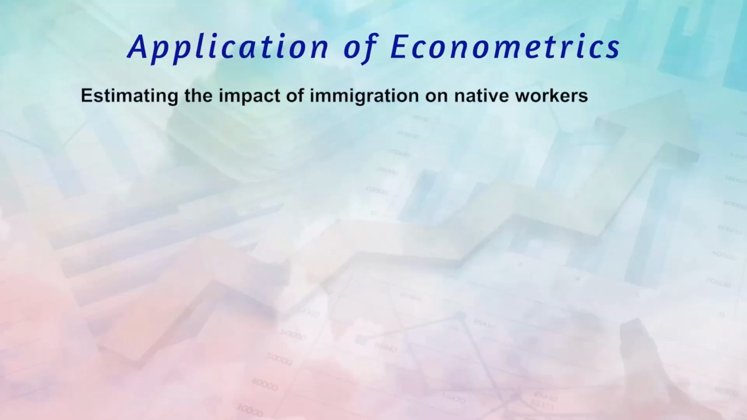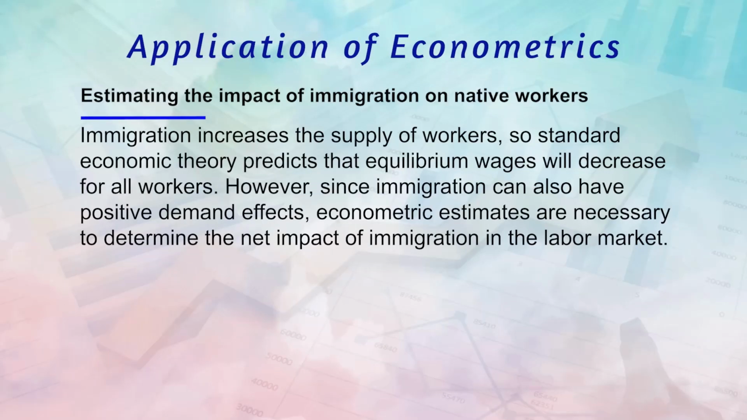The first application takes care of the impact of immigration on native workers, because this is related to a study which can be done at the micro level by collecting responses, or it can also be done at the macro level by collecting the migration data. When we refer to immigration, it means in a particular country the supply of workers increases. So standard economic theory predicts that equilibrium wage will decrease for all workers. So whenever there is any immigration, then definitely the equilibrium wage will fall, and that is what will be predicted